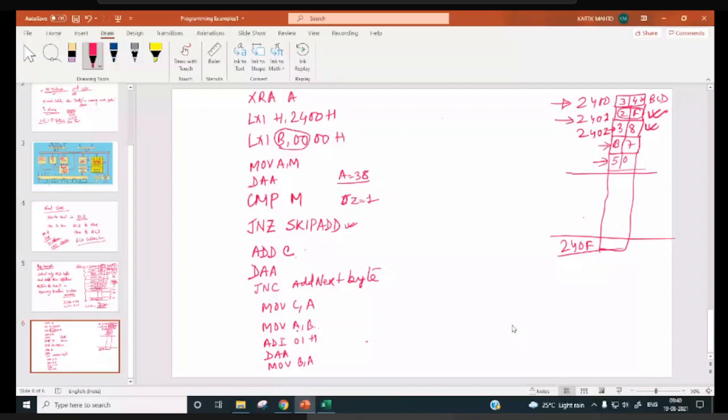Skip this and add. Add next byte, right? If the byte is not BCD, then no need to add. So go for addition of the next byte. So for adding the next byte, what we have to do? We have to go for here.